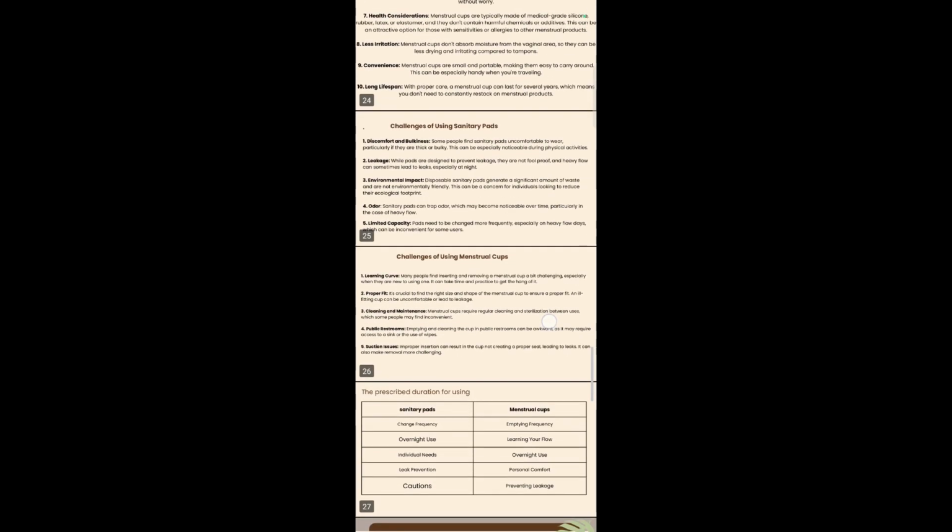And the most notable point of using a menstrual cup is its long lifespan. With proper care, a menstrual cup can last for several years, which means you don't need to constantly restock on menstrual products. Now we will look into the challenges of using